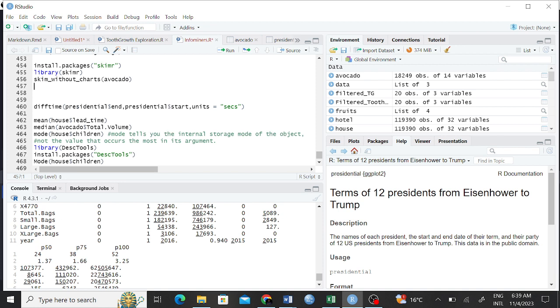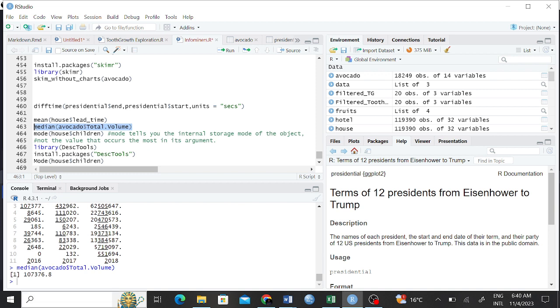Another thing, maybe this: for mean or even median, these are things that we've talked about there. So for mean, you have to call the specific column. Then you have this. You have to call again the specific column. So the median and things like that. You can run median, and then you will see the median of avocado total volume is